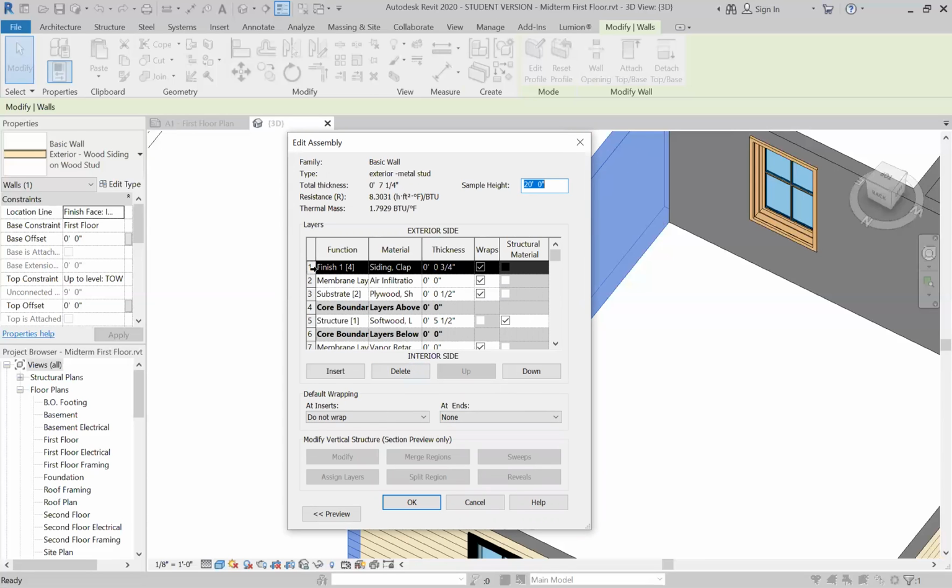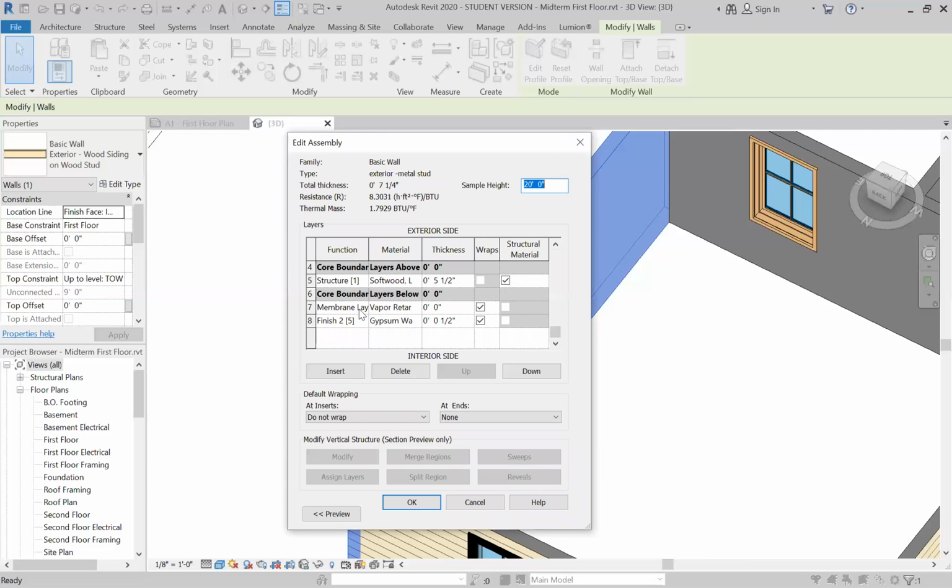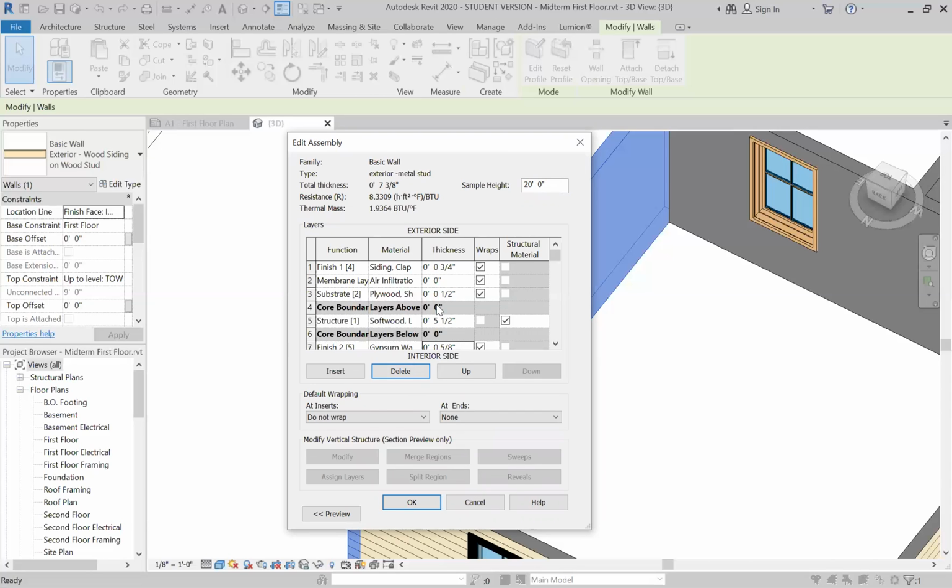So let's say I'm gonna change. I don't want vapor barrier, so I'm gonna delete that. I don't want an interior. I do want 5/8 sheeting. I mean, a gypsum board, so 5/8. Usually they use that for commercial, and a lot of time they do it in residential as well. But it depends. And then a metal stud